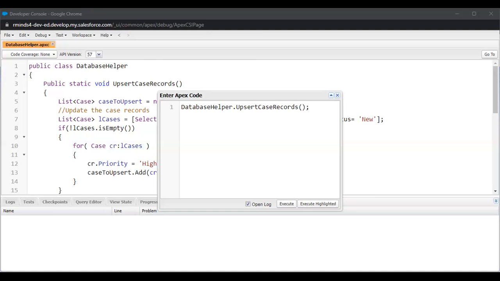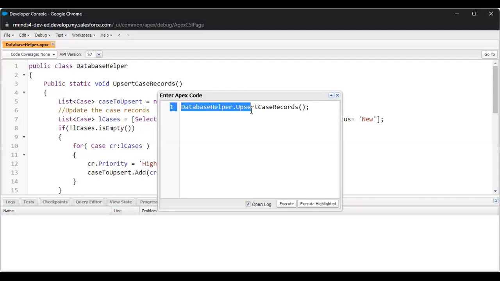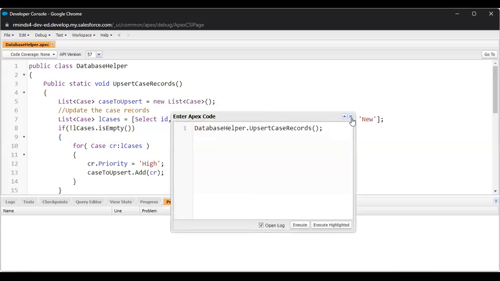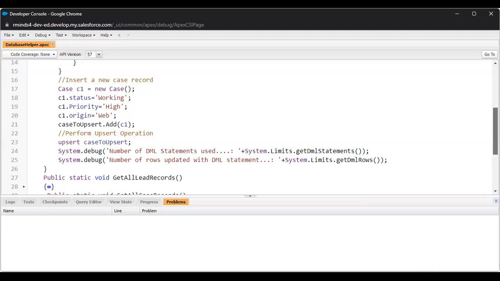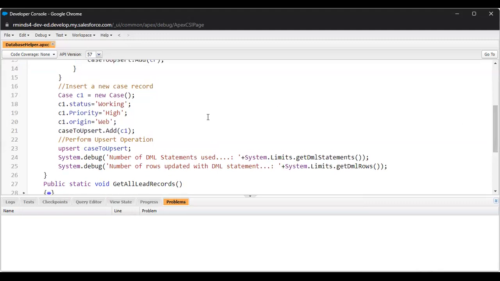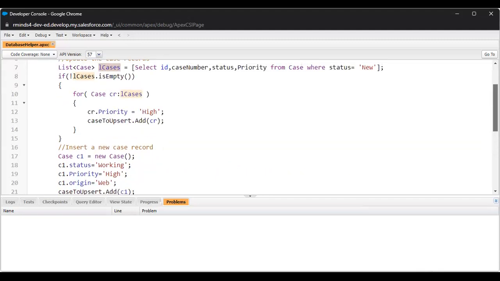Do you have any doubt here? I think we are good. So in our upsert case records method, first we are collecting all the records which we need to update in one list. And then we are updating them. Second, we are creating a new record, and that also we are adding. For both of them to be stored,